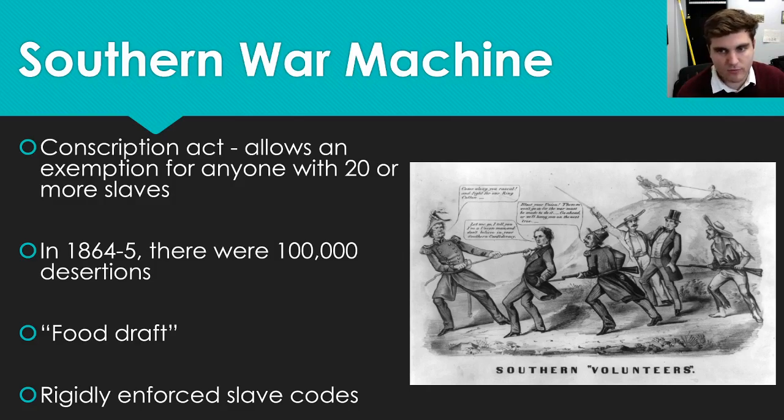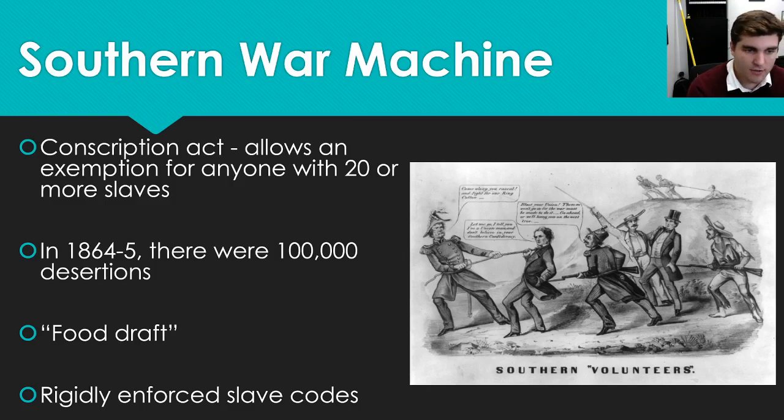especially following the establishment of a de facto food draft. And the food draft essentially allowed soldiers to eat off of any farms that they traveled through. So you had the Southern military moving through. They don't have enough money to be fed, so they implemented a food draft where they would roll through a farm and just pick all the crops out of the field and eat them. And to the point where you have the Southern military fighting in Southern territory, raiding Southern farms in order to have food, and it has a severe impact on morale.